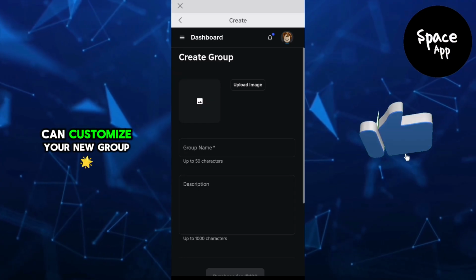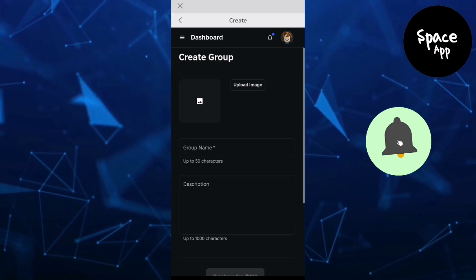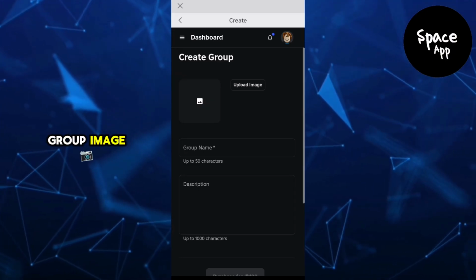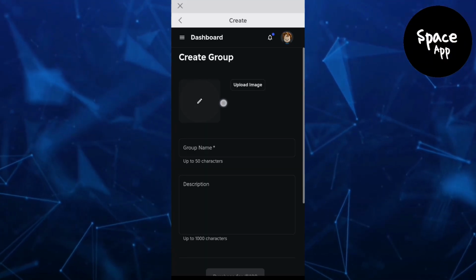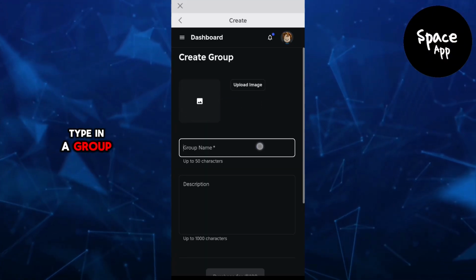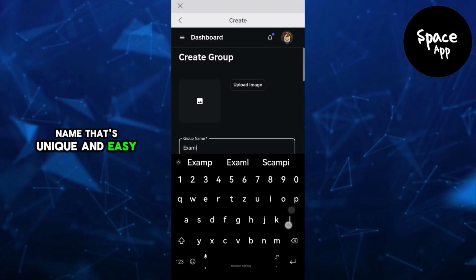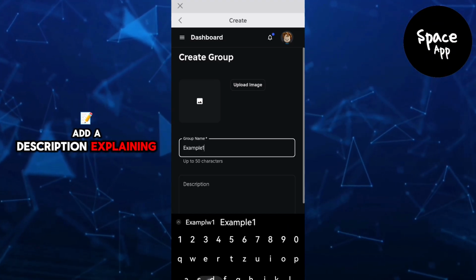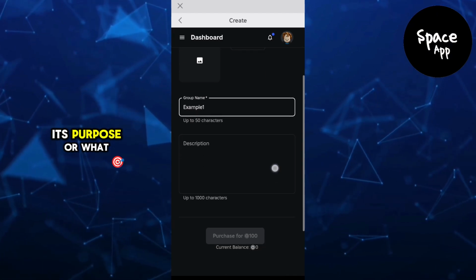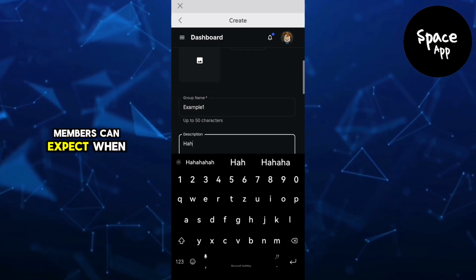This is where you can customize your new group. Start by uploading a group image. This will be the profile picture everyone sees. Next, type in a group name that's unique and easy to remember. Below that, add a description explaining what your group is about, its purpose, or what members can expect when they